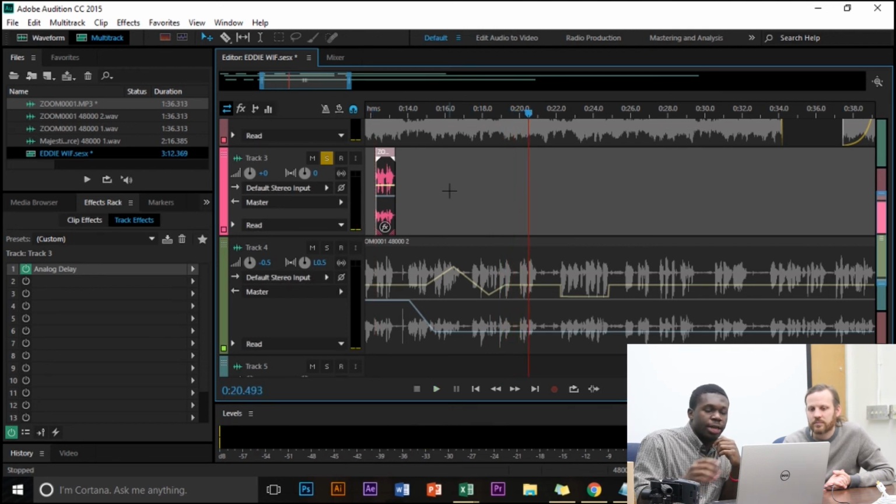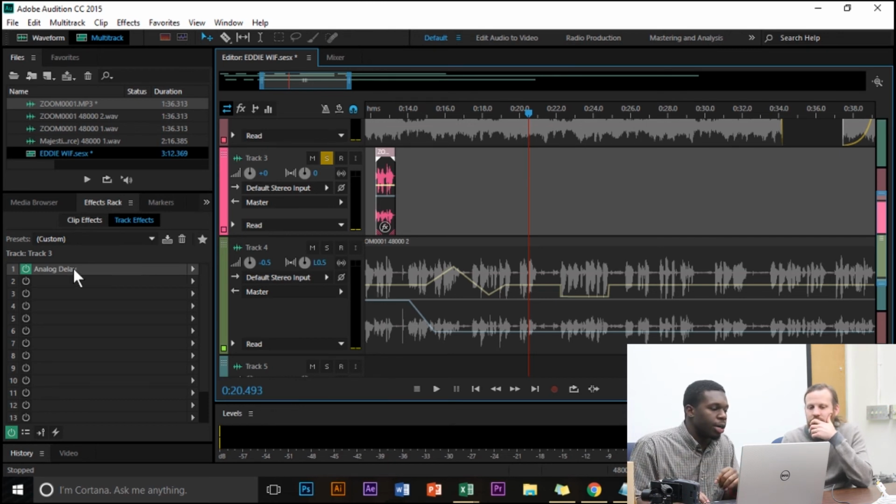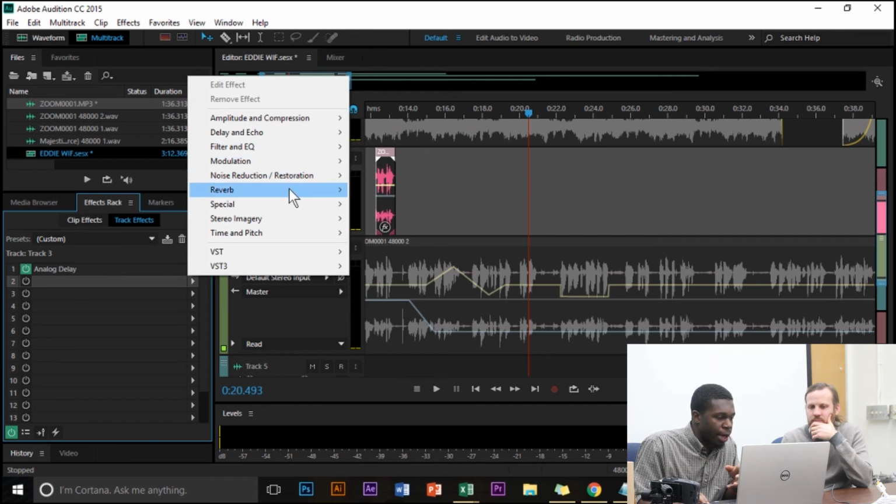There actually isn't any reverb on this particular effect. This is just a delay that takes the sound of my voice and has it play back and feed back into a loop, and then it will slowly get quieter over time. So that's what the analog delay does. I could also, let's say I wanted to add reverb to it,